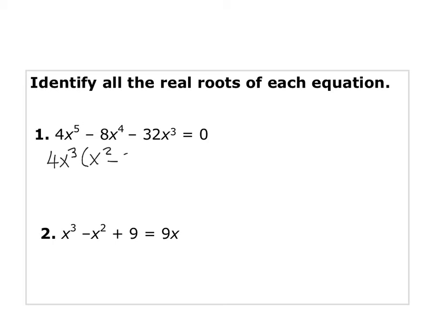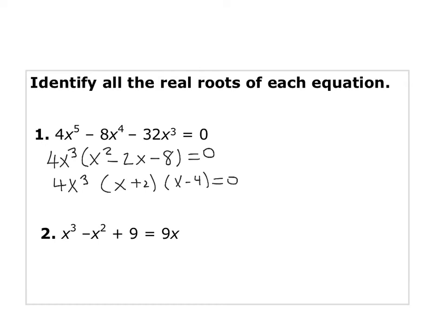minus 2x minus 4 is equal to 0. Actually not minus 4 but minus 8, because 8 times 4 is 32. It's equal to 0. So I have 4x cubed, and here I have x plus 2 and x minus 4